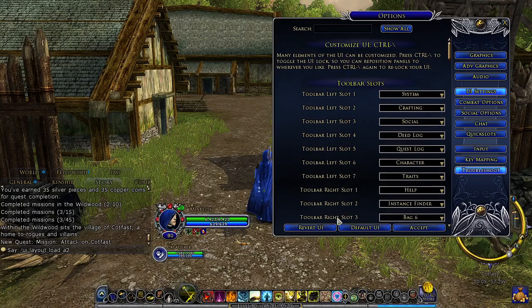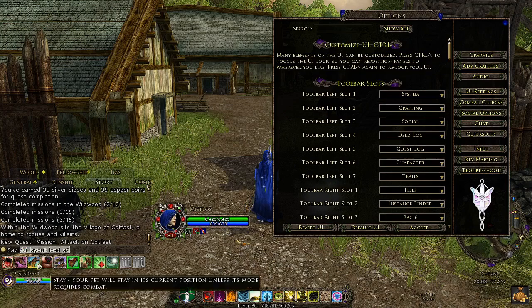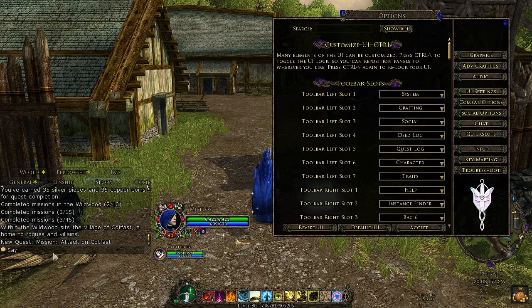My A2 is for the companion bar and the vitals, the companion vitals to be here on the side. And then A3, which is what I've been using, has the companion bar disabled or hidden, and the vitals here under